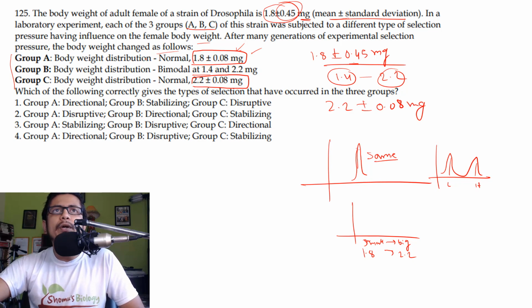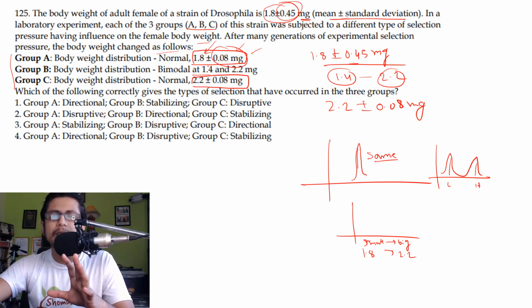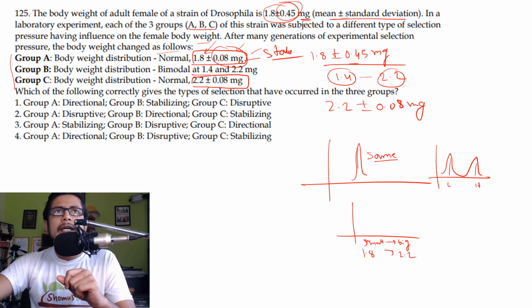So if you look at group A, earlier it was 1.8 plus minus 0.45, now it is 1.8 plus minus 0.08, so it's stabilized, means the weight remains the same, isn't it? So this is a stabilizing selection. In group B, it's bimodal. That means many individuals have the weight 1.4 milligram and many have 2.2 milligram, but not anyone with 1.8 or near 1.8. That means it's a disruptive